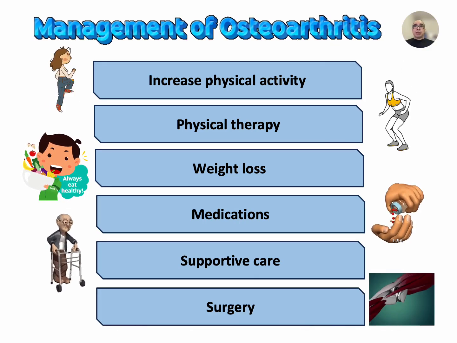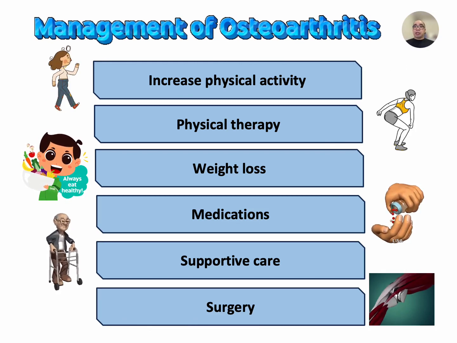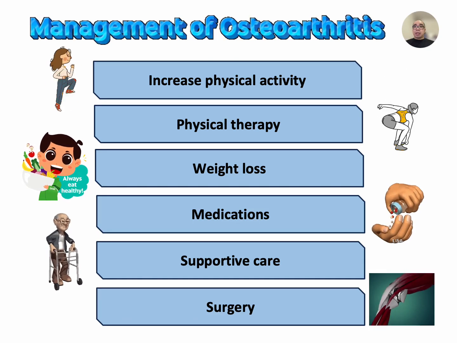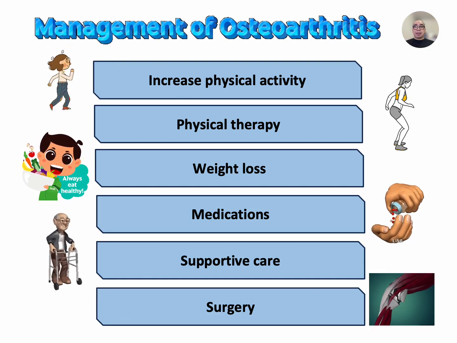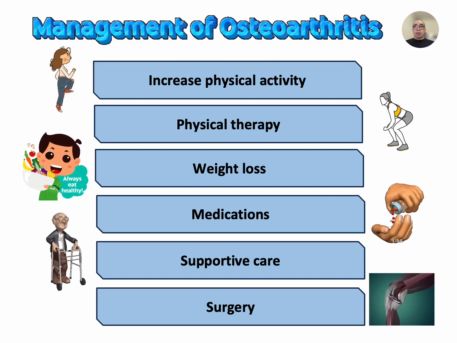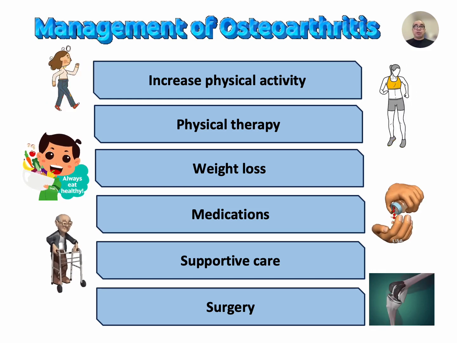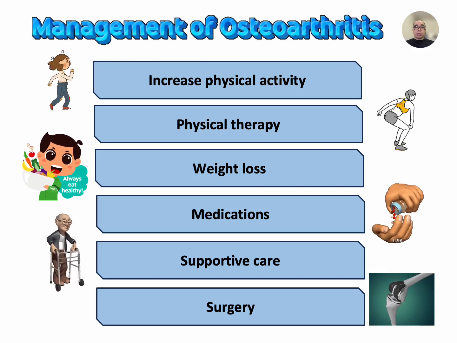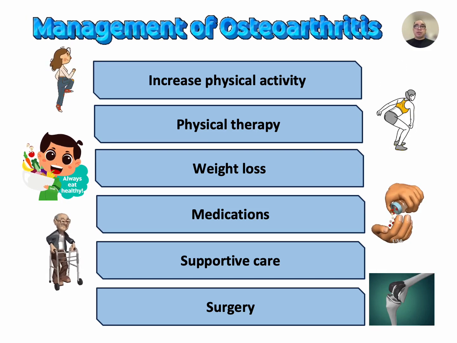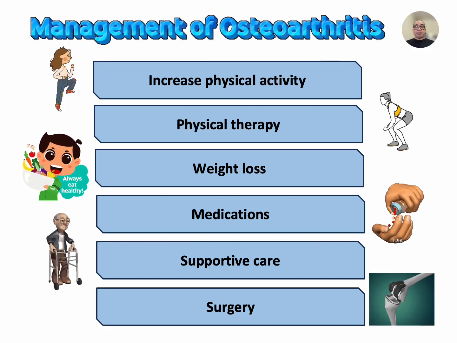When considering surgery, many factors may determine if it is the right option, including your age, pain intensity, the degree to which arthritis interferes with your lifestyle, level of disability, and occupation. Surgeries may include one or more of the following. First, we have the osteotomy, or the surgical removal of a piece of a bone. Second, we have the partial or total joint replacement surgery. This is the removal of part of the damaged joint and replacing it with a new joint made up of plastic, a metal, or a ceramic.